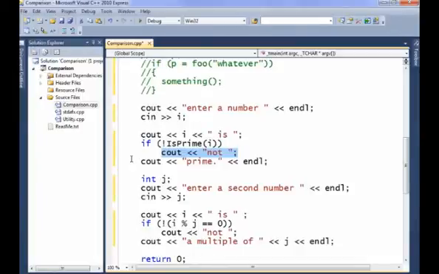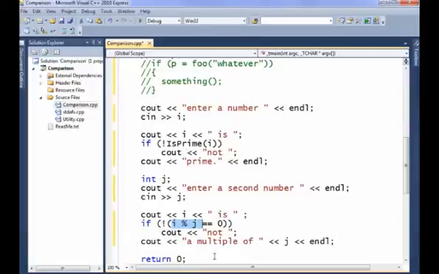And then I'm going to ask for a second number, j, and I'm going to calculate I mod j, that is the modulus, the remainder, after dividing I by j. So if I is 5 and j is 2, 5 divided by 2 has a remainder of 1. If the remainder is exactly 0, then they're multiples. Right? So if I take 4 divided by 2 that has a remainder of 0, that's because 4 is a multiple of 2. And I've written this out the long way, saying if it's not 0, then it's not a